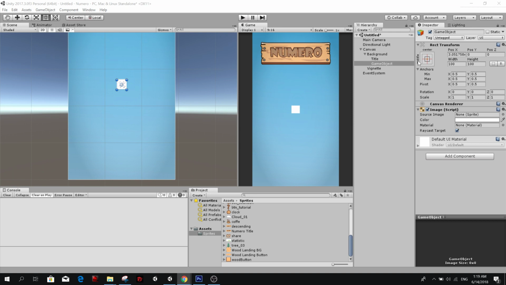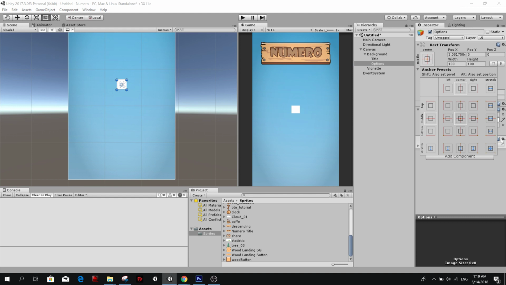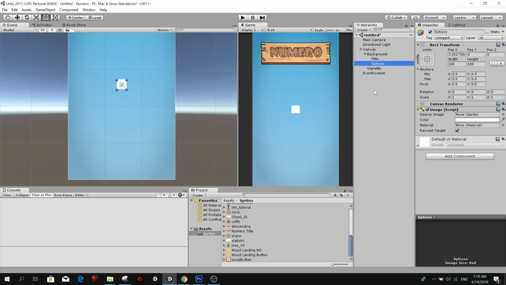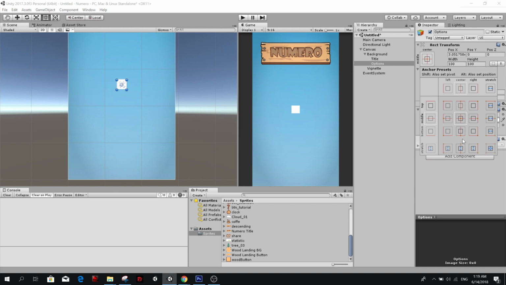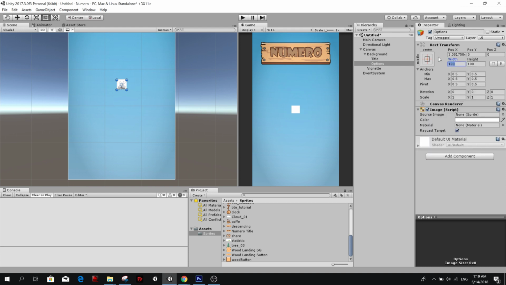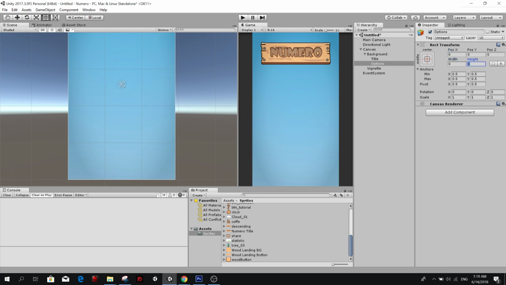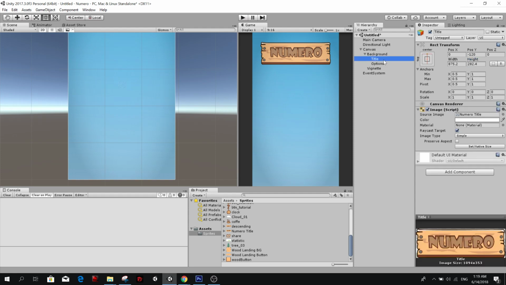So let's continue here. Game object. This is going to be the options. I want it bigger, so I'm gonna anchor it. So let me think. Yeah, it will just be a point in space. I don't really care, because it's going to be 0, 0, 0. We don't need this image. We don't need canvas renderer. And inside here we're going to have